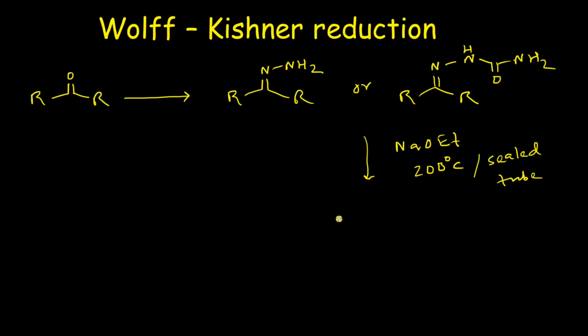So after treatment with sodium ethoxide under heating, we will get the corresponding deoxygenated product. So basically, this oxygen is replaced by two hydrogen atoms, and that's why the reduction is actually taking place. In the initial step, these hydrazone as well as the semicarbazone derivatives can be obtained by reacting this carbonyl compound with hydrazine, either in the presence of hydrochloric salt form or in the presence of water,